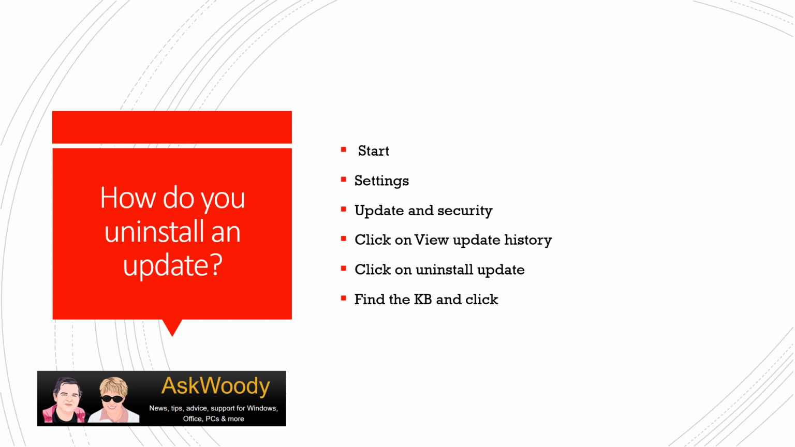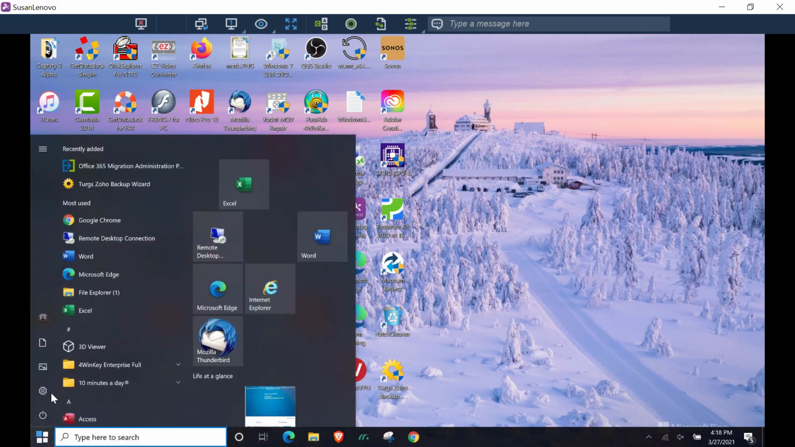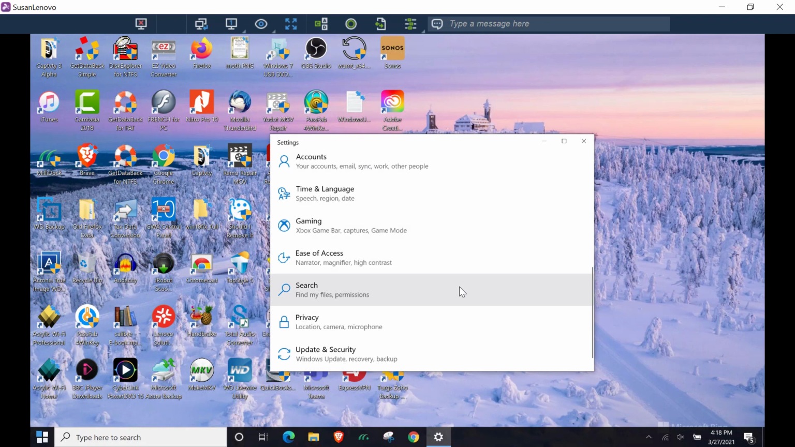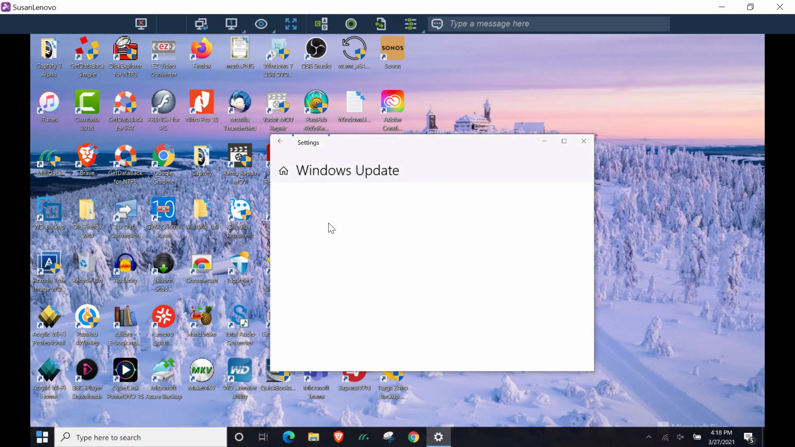You click on Start, Settings, Update and Security, View Update History, click to uninstall the update, find the KB in particular that you're looking for, and click. Now these are Windows 10 instructions. So for Windows 10, this is how you do it, and I'll show you. So the way you do it is you go down to Start, Settings, find Update and Security, click on Windows Update,